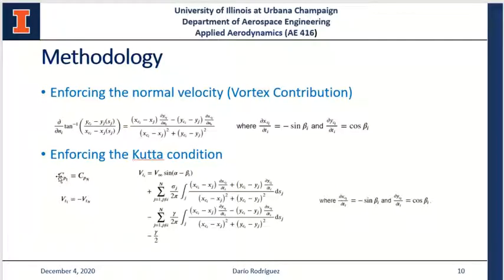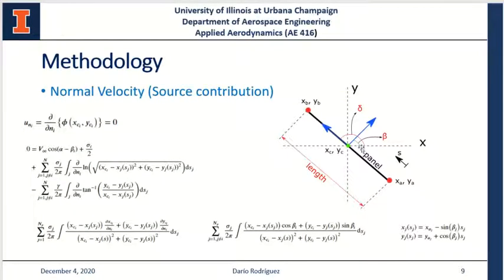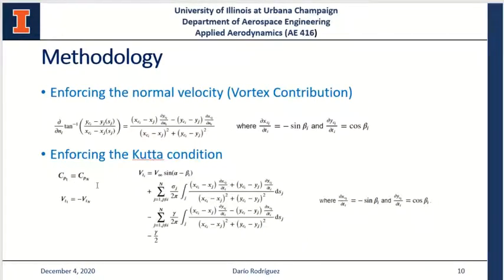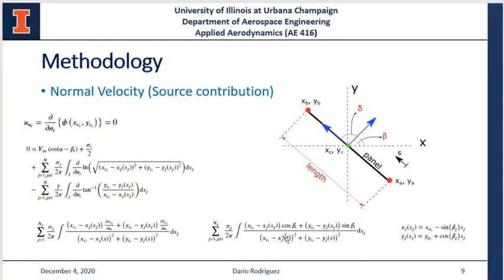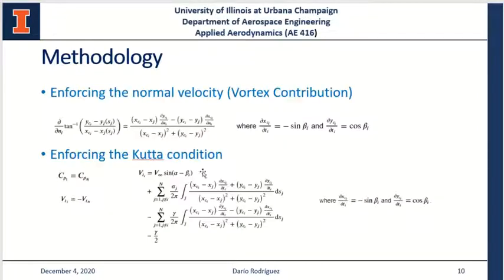is that the pressure coefficient of the first panel, which in this case is the first one right here, should be equal to the pressure coefficient of the panel N, which in this case is not drawn right here, but it will be the panel right here. So those pressure coefficients should be equal. And since the normal velocities of these panels also should be 0, the result of simplifying that is that we end